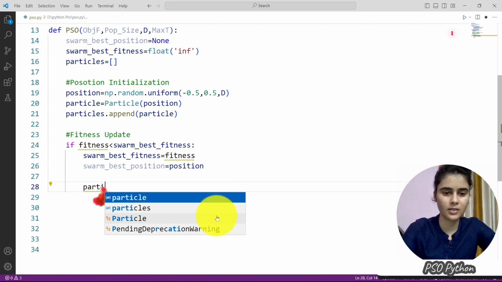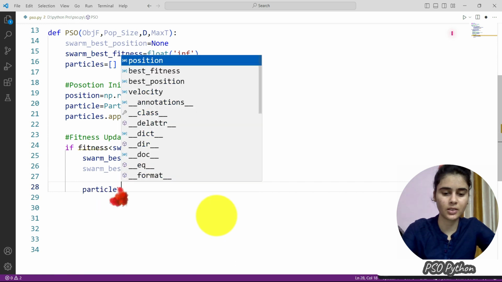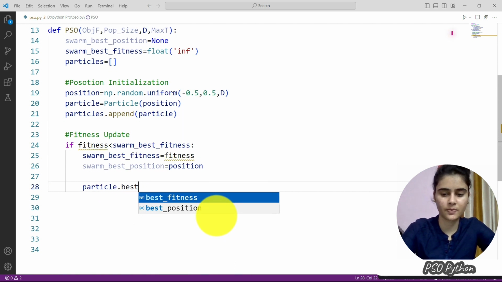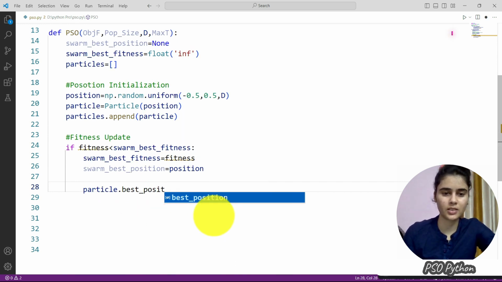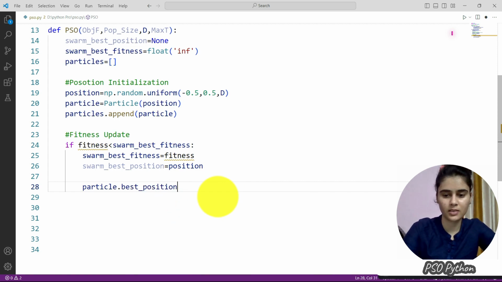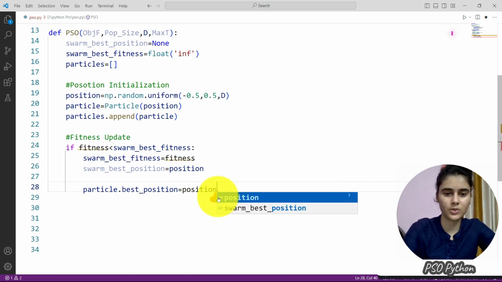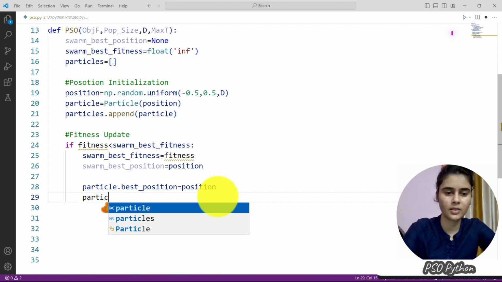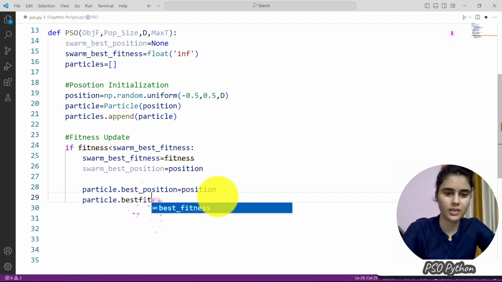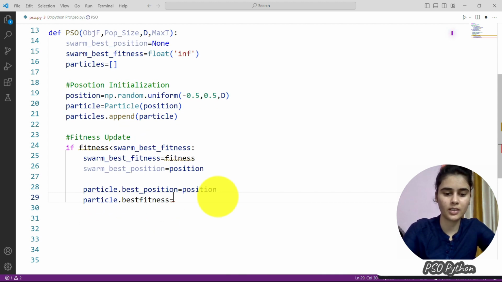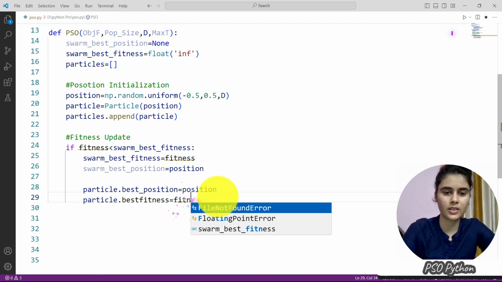Then the particle best position is the agent position, and particle fitness is the agent fitness.